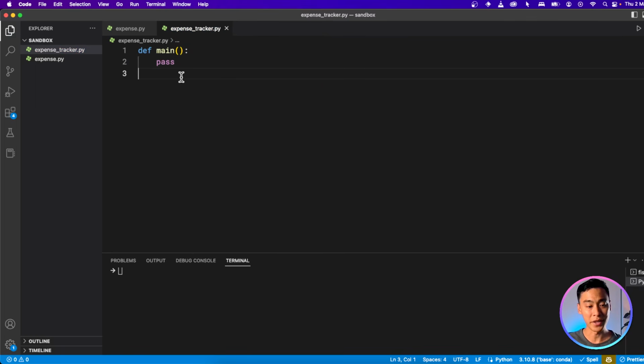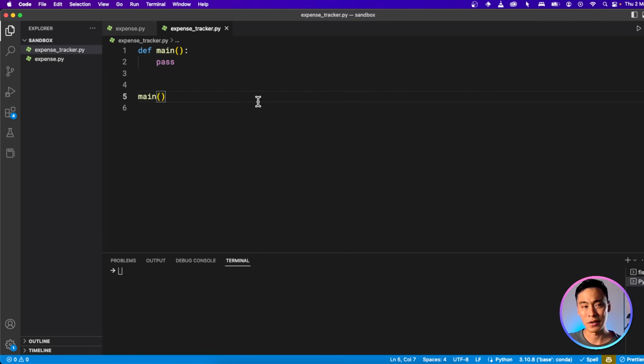And now I want to run this main function when I run the class. So I could do something like this, but this will still execute if I ever import this into another class. Now, why would I want to import expense tracker into another class? Because I thought we were going to make this the main thing we run.